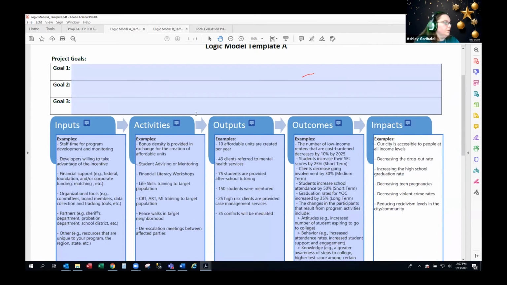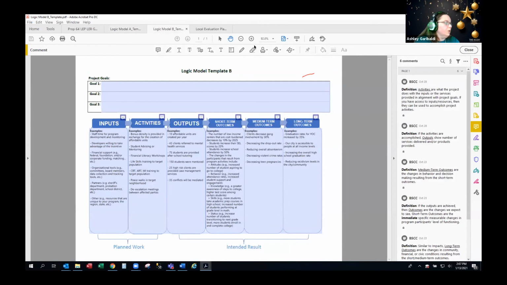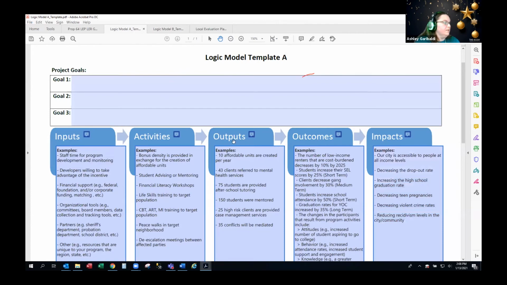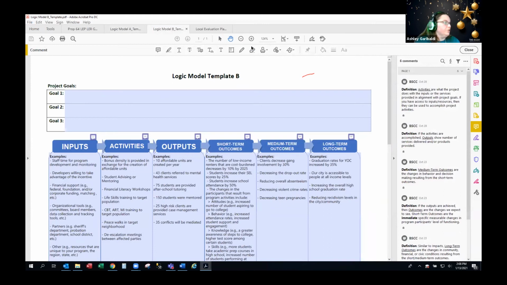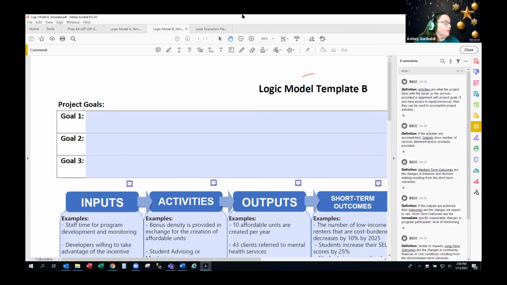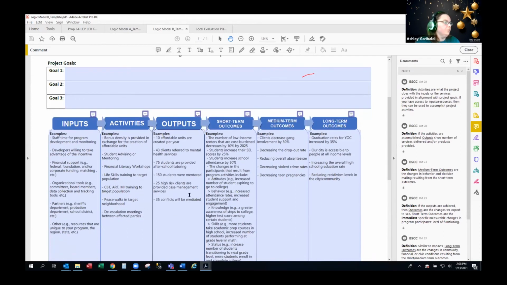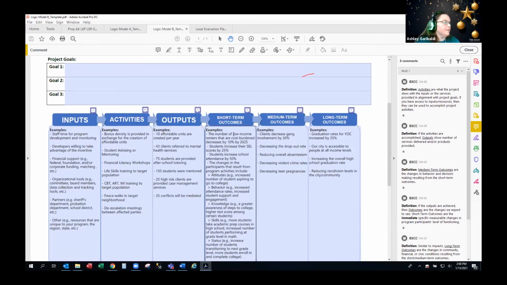So that's A. Logic model A has inputs, activities, outputs, outcomes, and impacts generally. Logic model B is the same, with all the hovering boxes and goals and outputs, but we've broken up the outcomes and impacts into short-term outcomes, medium-term outcomes, and long-term outcomes, which are kind of like the socioeconomic, civic impacts that I mentioned, long-term, years down the road.